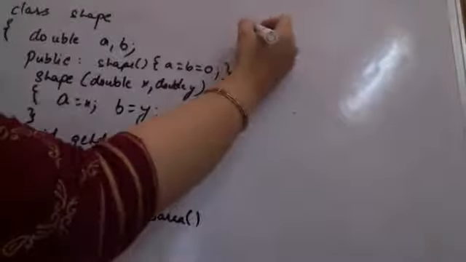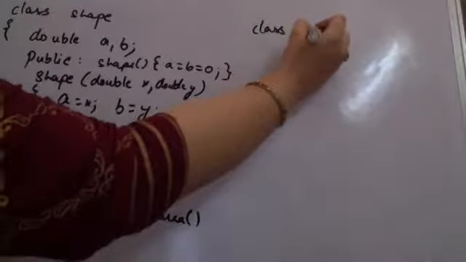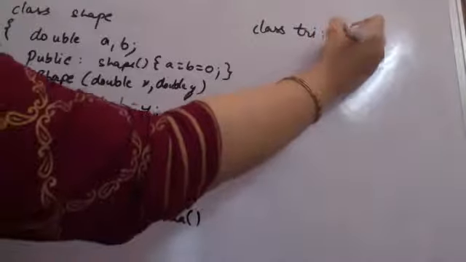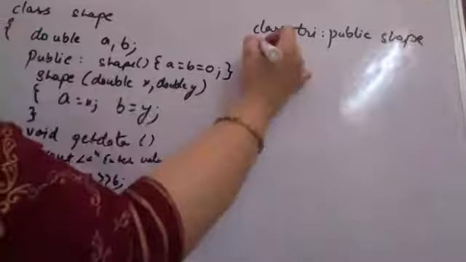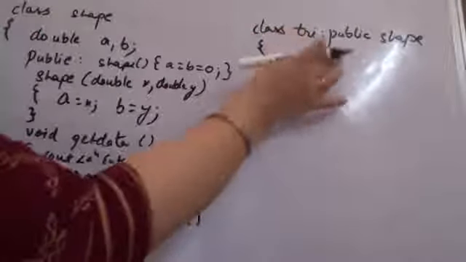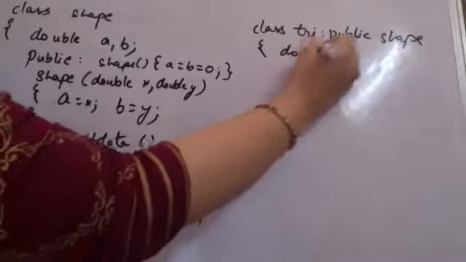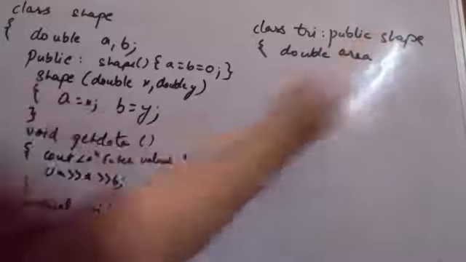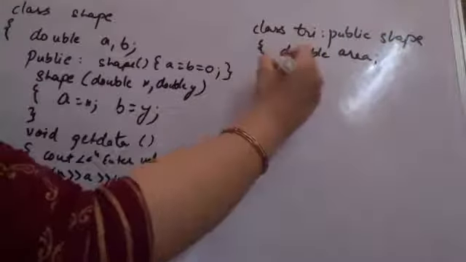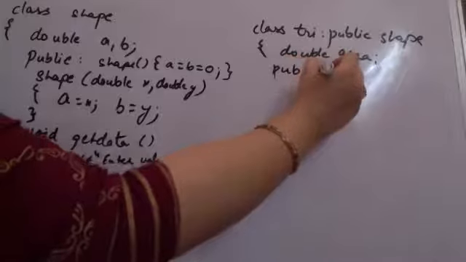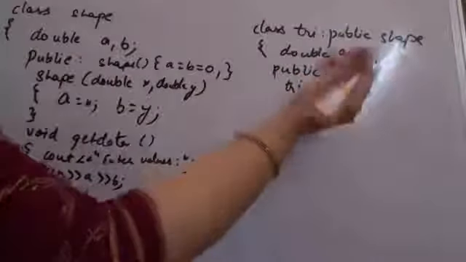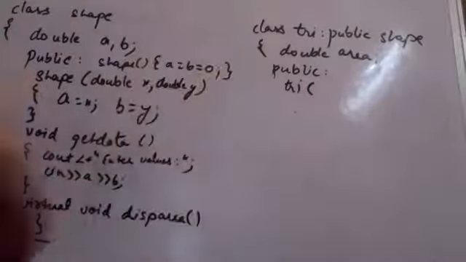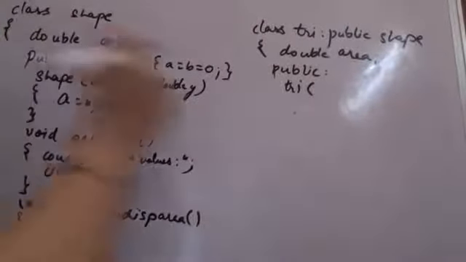So I am going to create the class triangle. I am deriving it publicly from shape. This is only creating the classes. Here I am only creating a double area. That is all I am creating, the variable area. In the public part, again I am having triangle. I am creating a parameterized constructor and a default constructor. It is up to me.